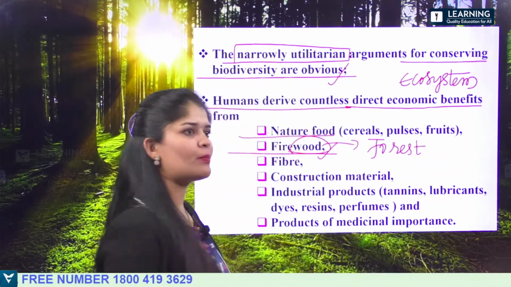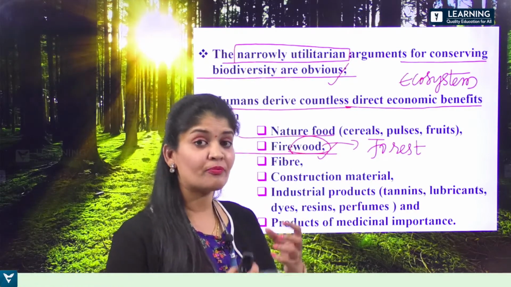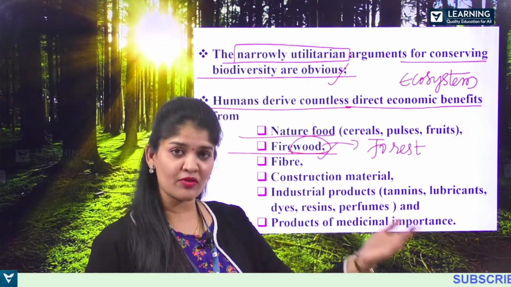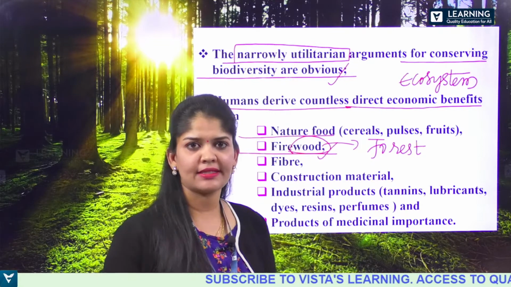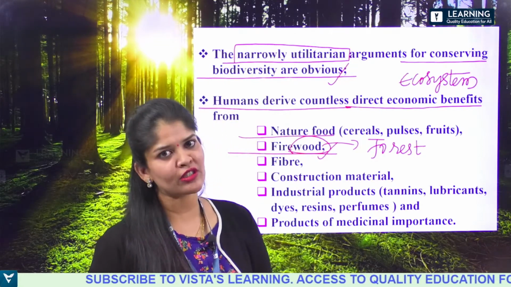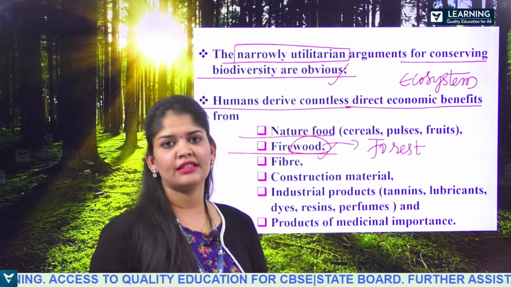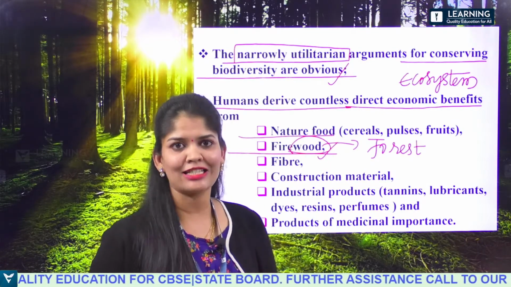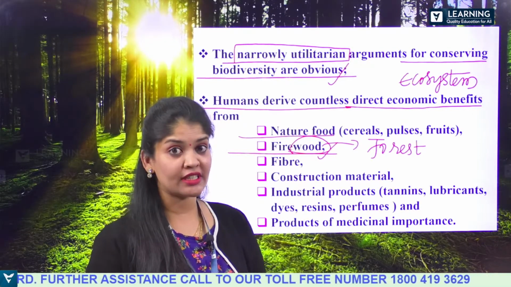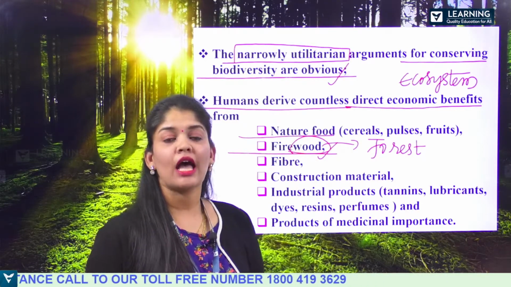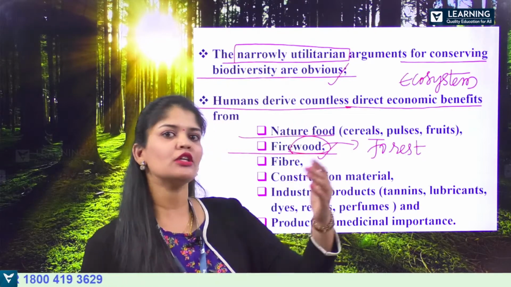And even in the process of urbanization and construction, we are taking places that were previously forest lands, right? And even for commercialization or for converting into agricultural lands, or even converting forest into grasslands, thereby we are getting grazing cattle, beef, right? So these are all the things that we have already discussed under the topic habitat loss and fragmentation, which are important reasons for the loss of biodiversity.